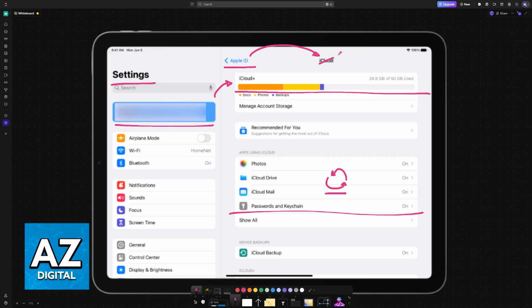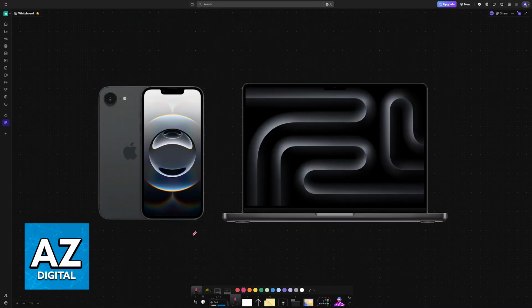Of course, in the chance that you didn't have iCloud backups enabled and you never prompted it to synchronize and backup, the next best option would be to connect it to a PC, a laptop, MacBook using a USB cable. Of course, if the iPhone is fully powered off, completely broken, then most likely this will not work.